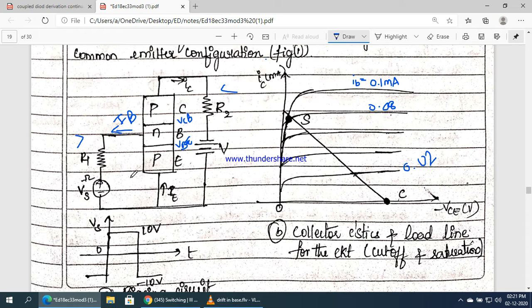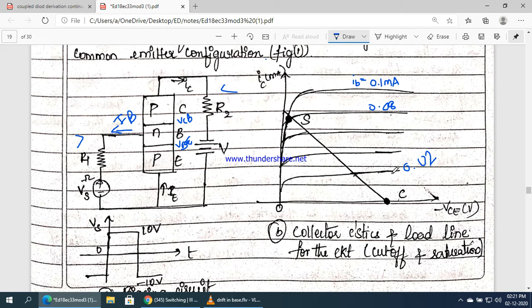As you can see, the source voltage Vs, where we are applying the pulses, is always from a positive pulse to a negative pulse, that is 10 volt and minus 10 volt, and here the collector to emitter voltage is applied, and the two states of transistor switching can be achieved by this common emitter configuration. In this figure, as you can see from this graph, the collector current IC is controlled by varying the value of this base current.